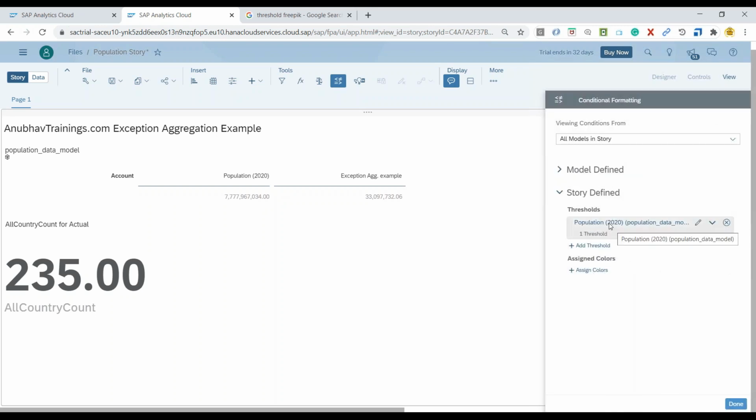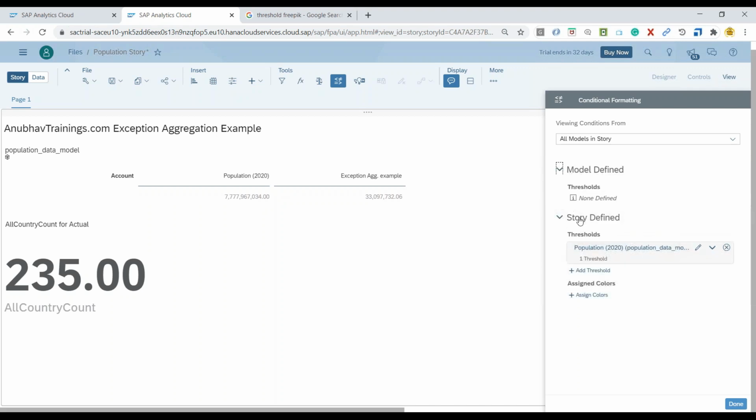The moment you apply this threshold, it is applied at the model level. Even when you apply a threshold at a control level, it is automatically reflected at the model or story level. You can also choose to define the threshold at a model level, at a higher level. Now, how does this affect my visualization in my dashboard?